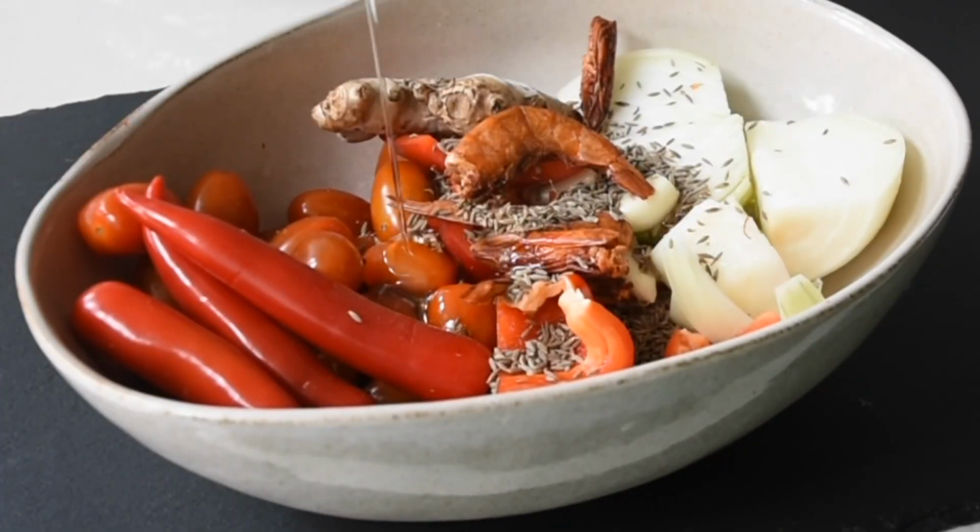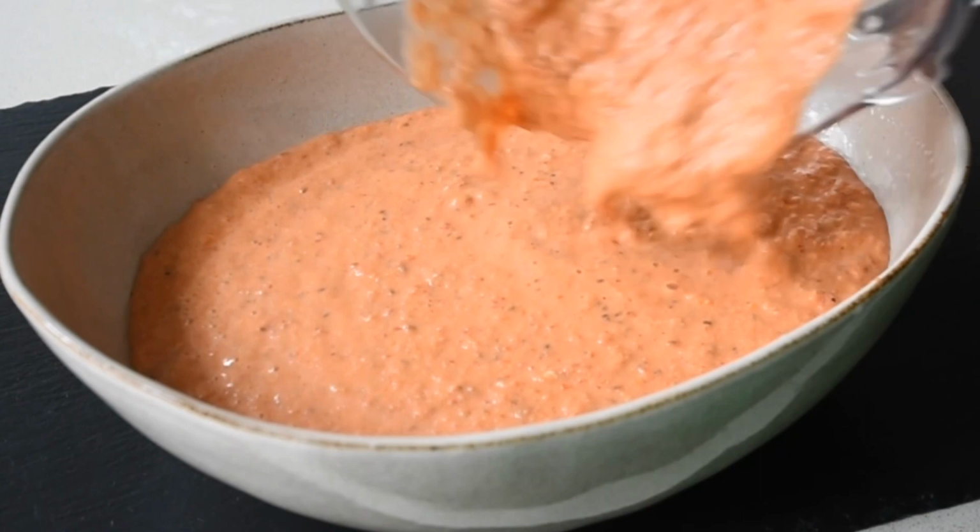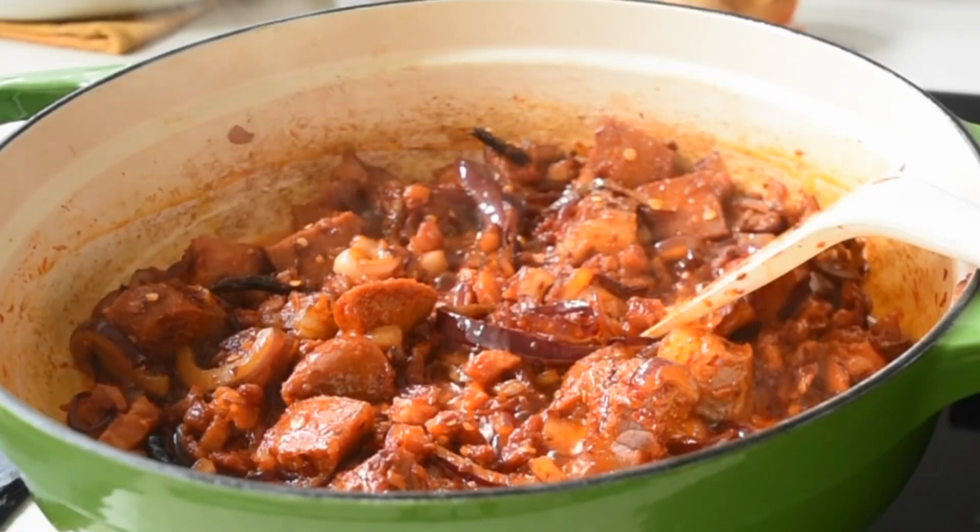Yeah, I used both of these stews as toppings for my pizzas, and they were just incredible, even if I